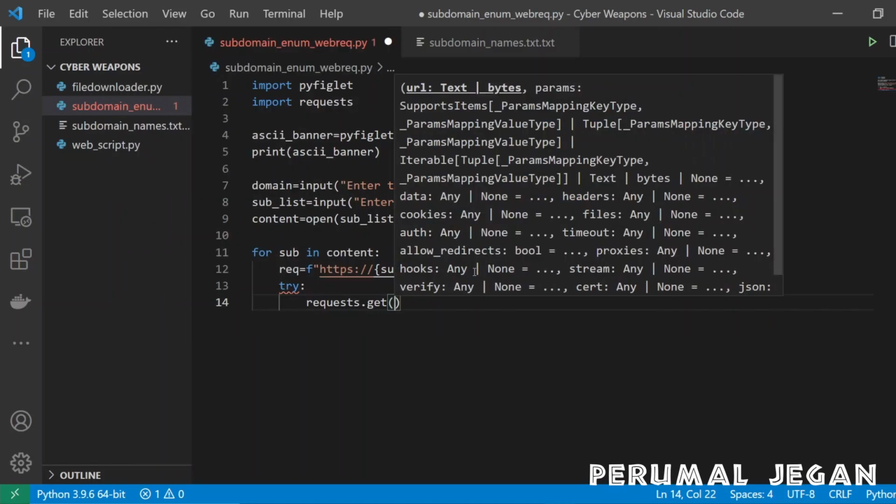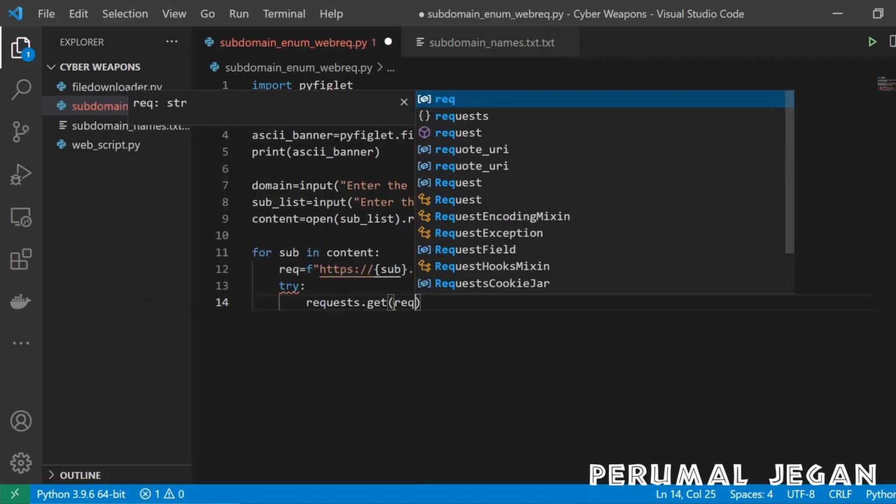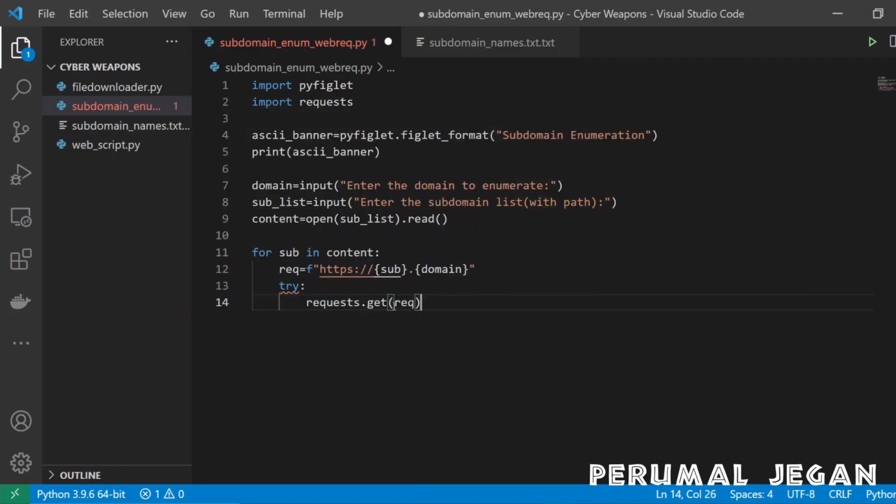Inside this function, I'm calling this particular URL that we formed, and it is inside the req variable. So I'm calling this variable here. So this is the request. This particular line will trigger the request to the server.